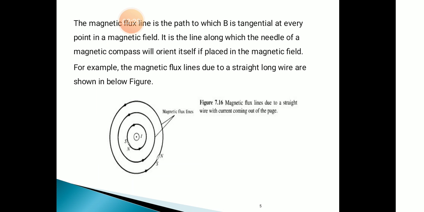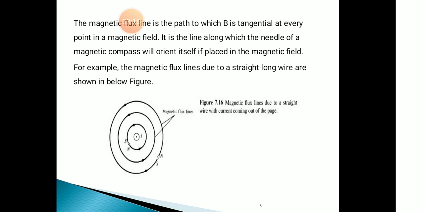The magnetic flux lines surround a straight current carrying conductor that is coming out of the page. In the figure, the innermost circle shows a current carrying conductor. The current I is flowing in that conductor, coming out of the page. This is the top view. The magnetic flux lines are surrounding it. We know whenever a current carrying conductor is there, the magnetic flux surrounds it.